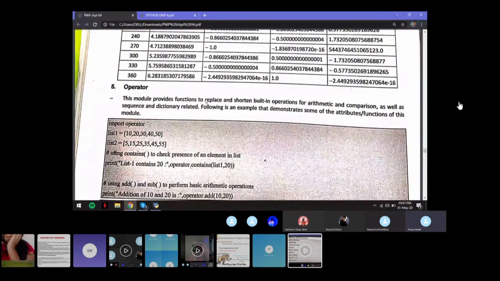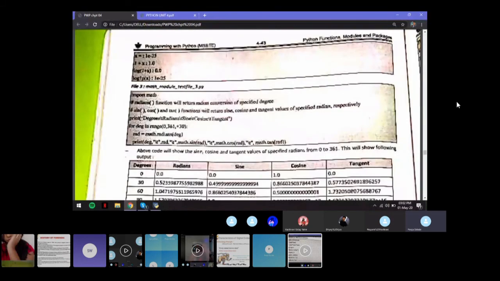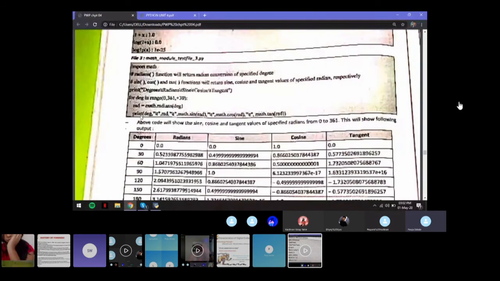Then you have the operator module. The operator module has some functions called addition, subtraction, contains, and so on.